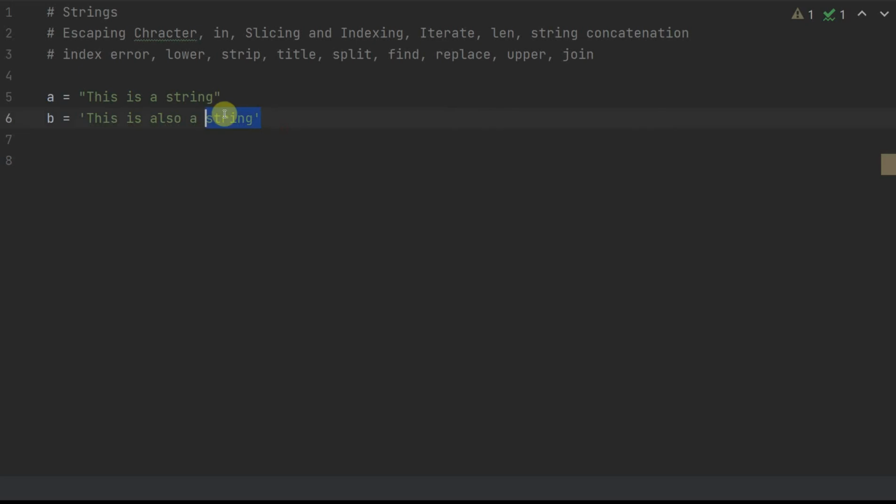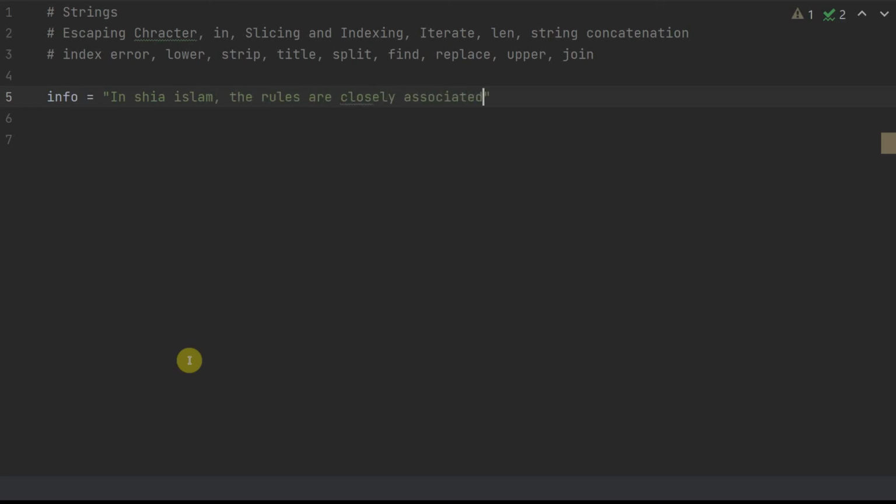Sometimes the textual information contains double quotes or single quotes within the text. How to do that? If I normally do it, simply saying there is some information such as, in Shia Islam, the rules are closely associated with "Imam Jafar".